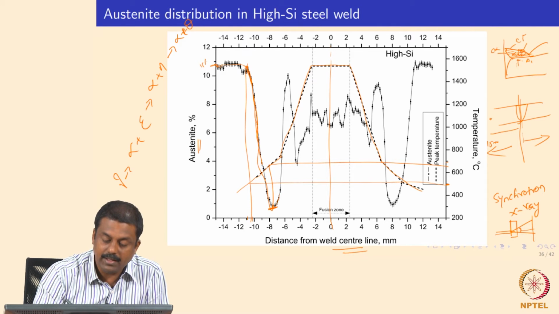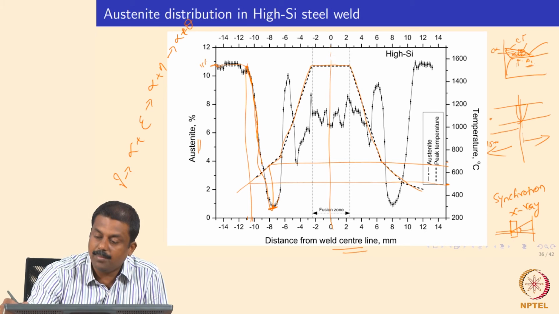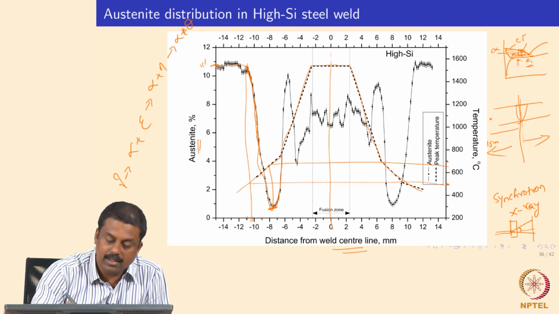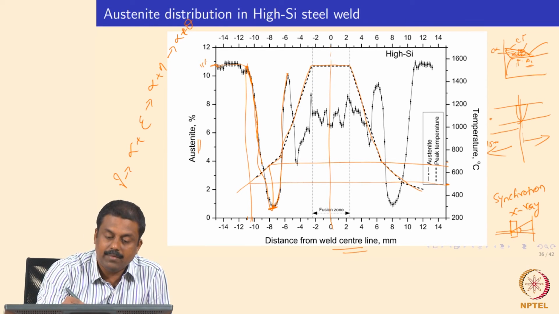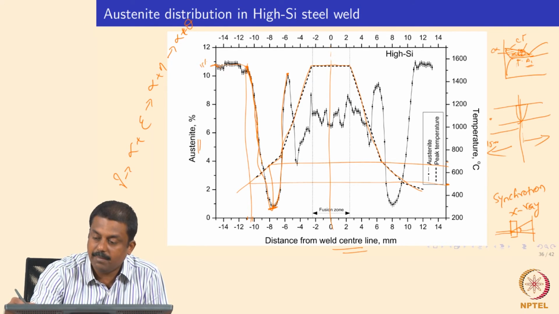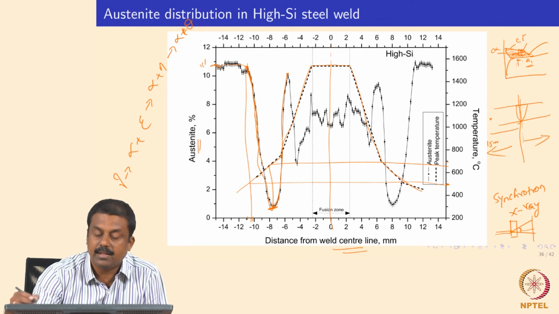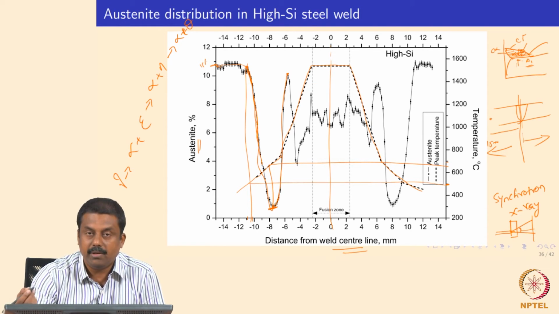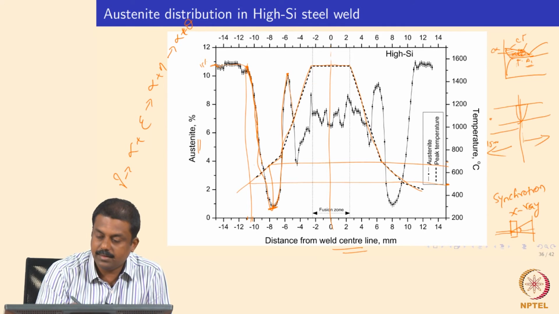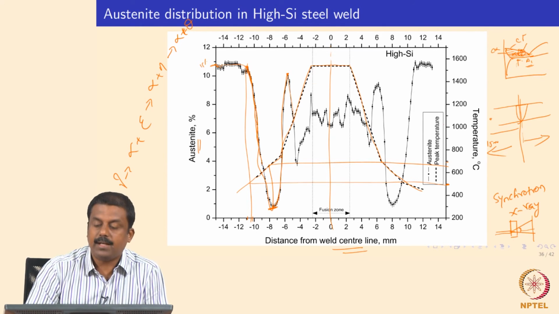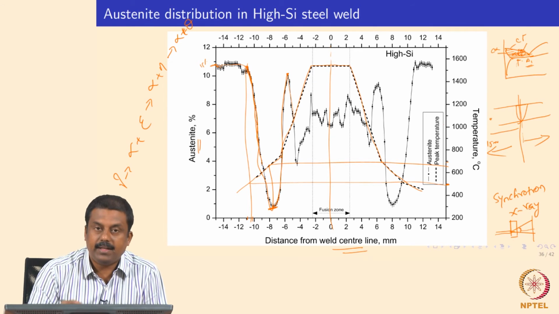So when you go above A1, you will reach the intercritical temperature region, where you will have an ideal temperature at which you have maximum partitioning. That is similar to the heat treatment we have seen in a conventional TRIP steel, where the temperature would be in the intercritical temperature region, and say for example in this case somewhere around 900 to 1000 degrees centigrade, when the peak temperature is reached.